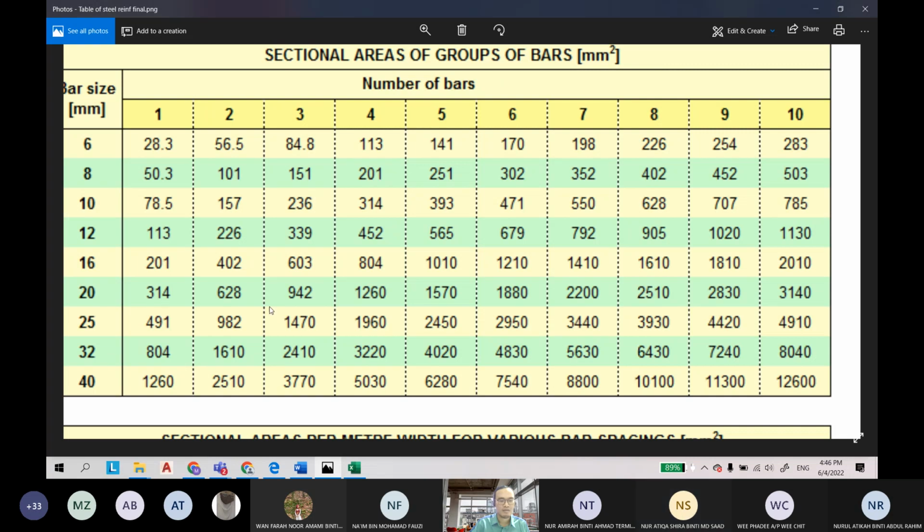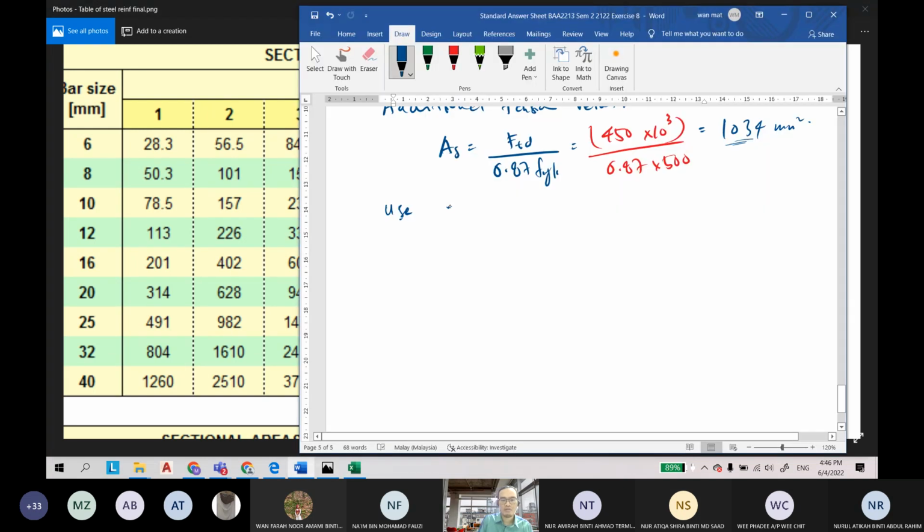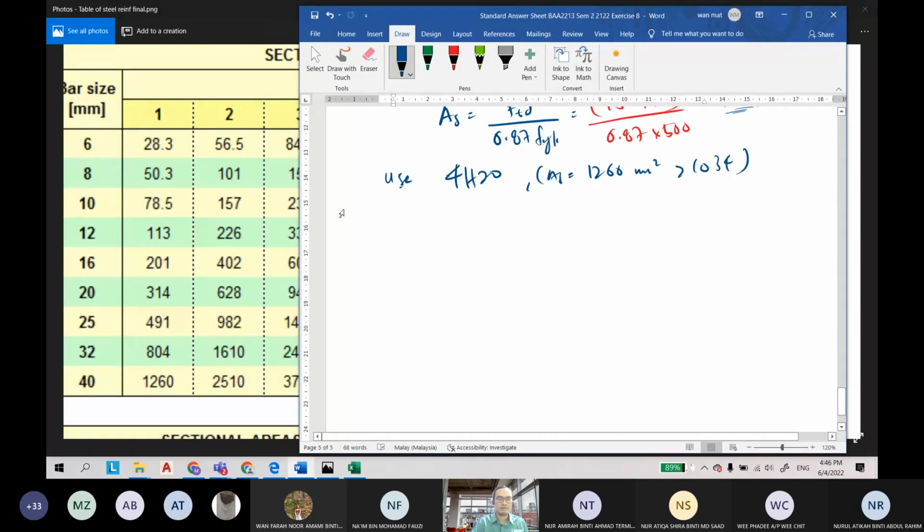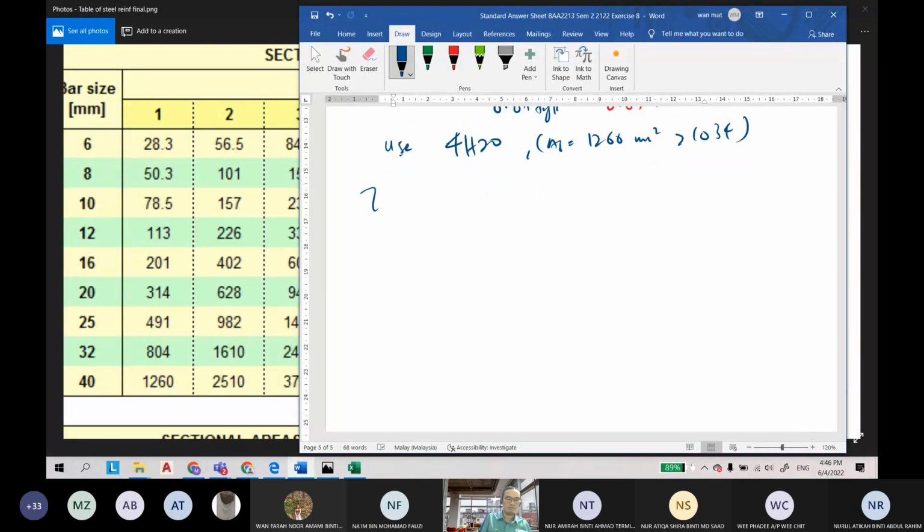How many H20? Okay, 4. Thank you. So this one, okay, 1260, the total AS. So use 4 H20. So the AS is equal to 1260 mm square, greater than 1034. Okay, so this is the final, to be added to AS for flexure